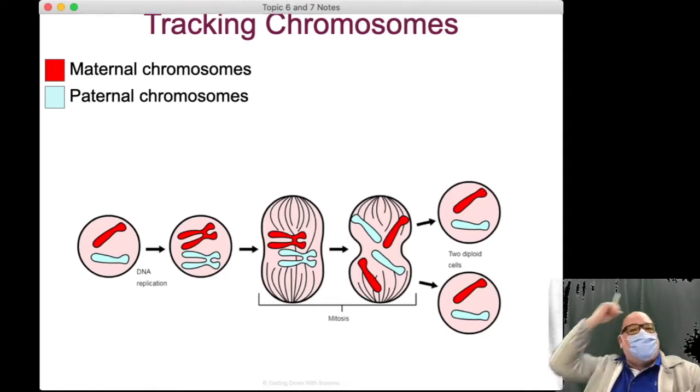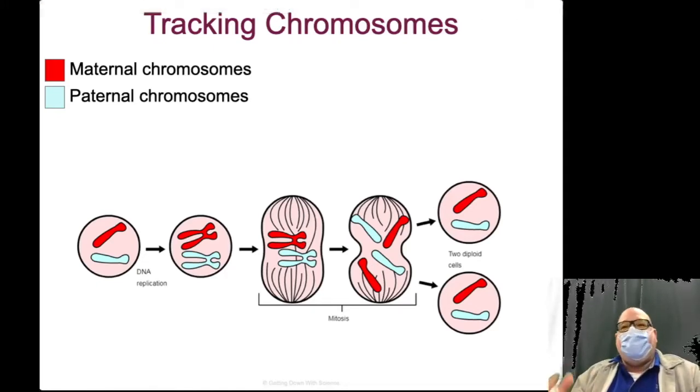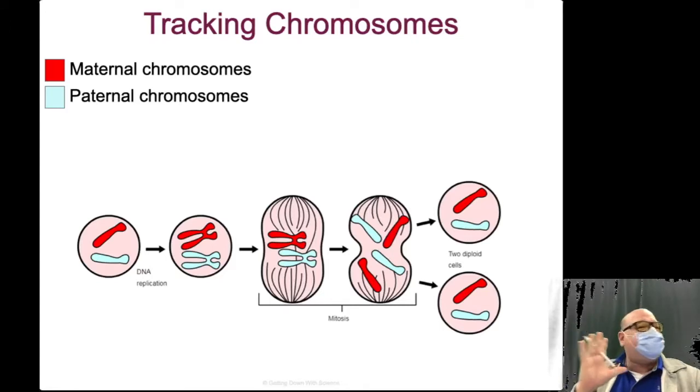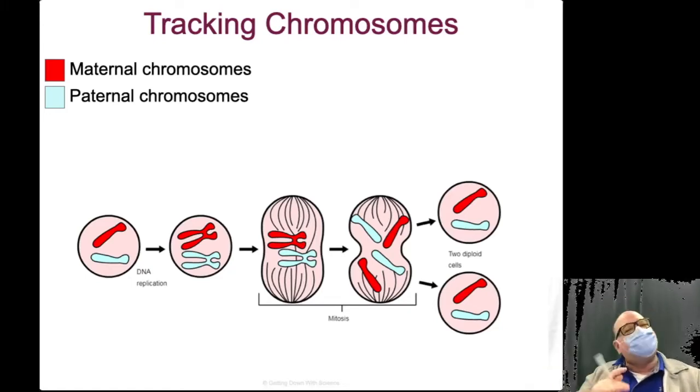One of the things we want you to be able to do, and I kind of asked you the question there: remember, you have a copy of every gene from your mom and dad, so you have two copies of every gene. Somebody brought up, aren't sometimes one of them dominant? Yes, sometimes one of them is going to be expressed over the other one. Let's not worry about that too much right now. But in the future, when we say there's a big B, little b, this is where they come from. I want you to draw that connection now, but let's put that on the shelf for the moment.